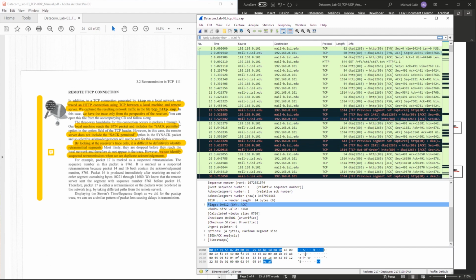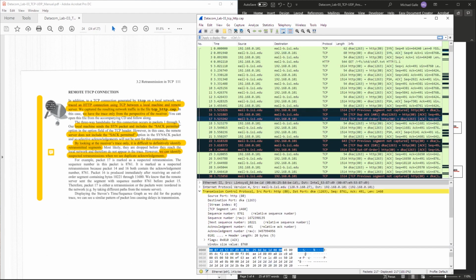TCP has the ability to reorder packets based on their sequence number before they're sent up to the application layer. Any out of order packets get resequenced before they get sent up. And so here, what I'm going to show you is that you can see this in action. You have this packet 17. This is what the discussion says. Packet 17 has a sequence number of